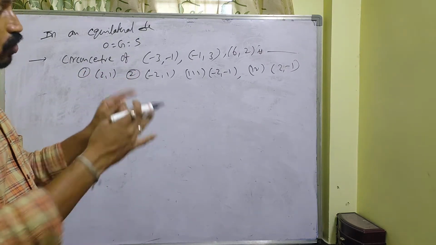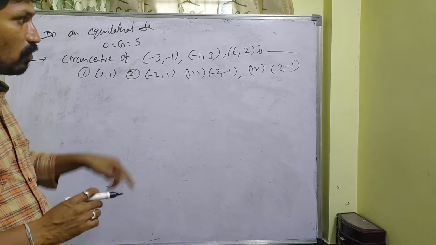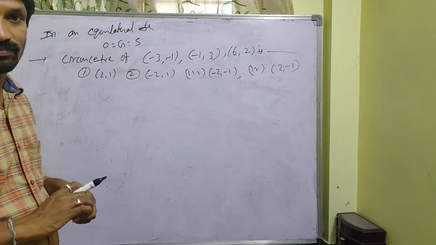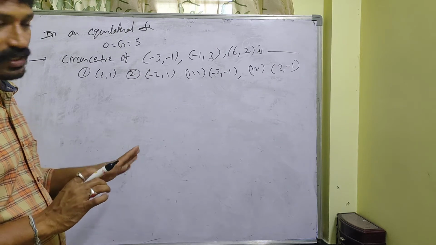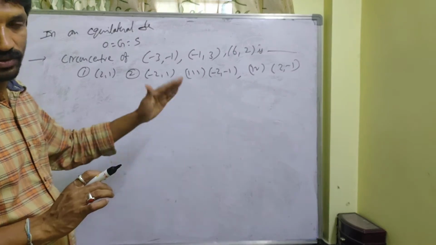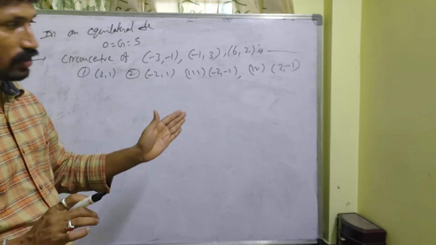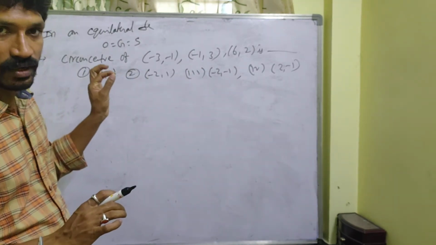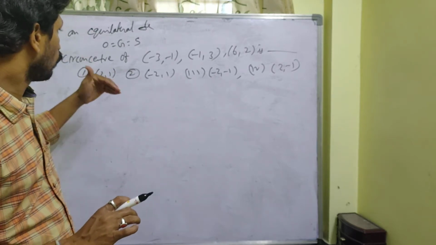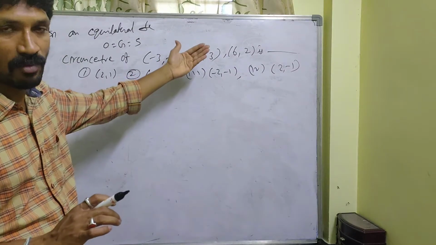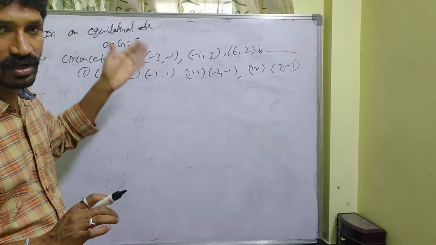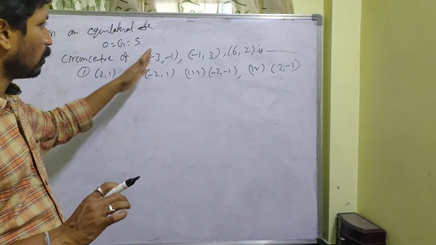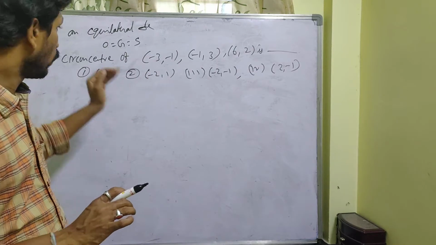Otherwise, by using the coordinate system, it will be very difficult to find the circumcenter. But after straight lines, we have one more topic, continuity. In that topic, we can complete this. We can find it for any type of vertices, not only for an equilateral triangle or right angle triangle. So we can find the circumcenter for all types of triangles.